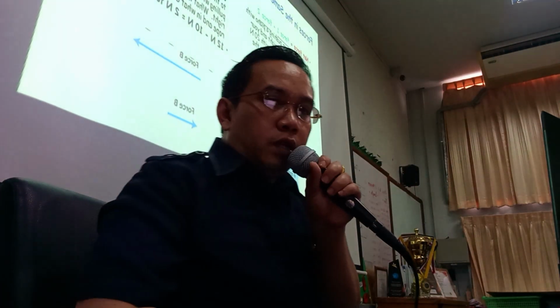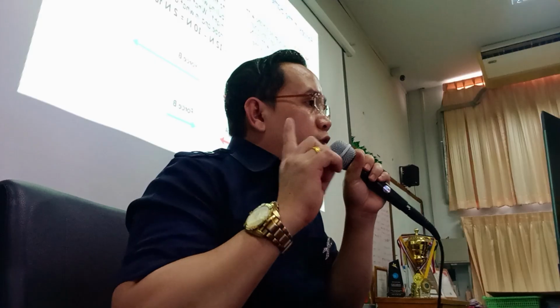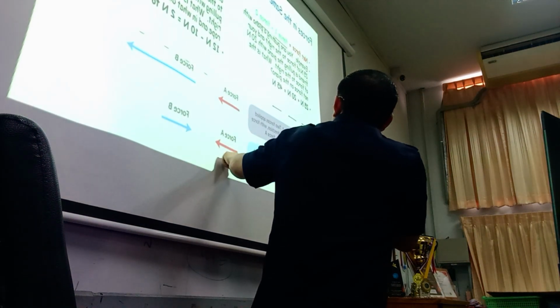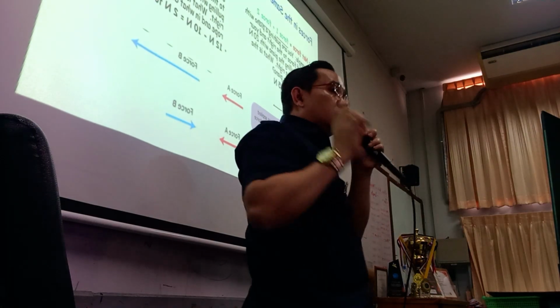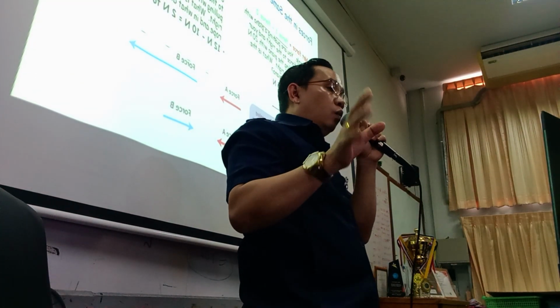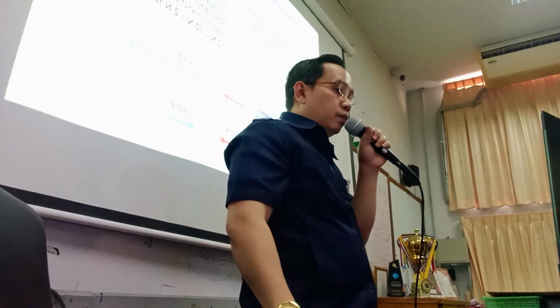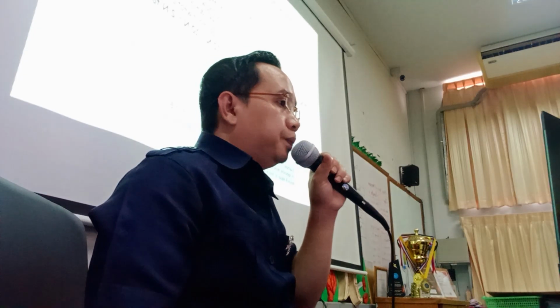So for forces in the same direction, the net force is force 1 plus force 2. For example, you are pushing a piano with 25 Newton of force to the right, and your friend is pulling the piano with 20 Newton of force to the right. So what is the net force on the piano? As you can see here, force A and force B have the same way in which the object can move.